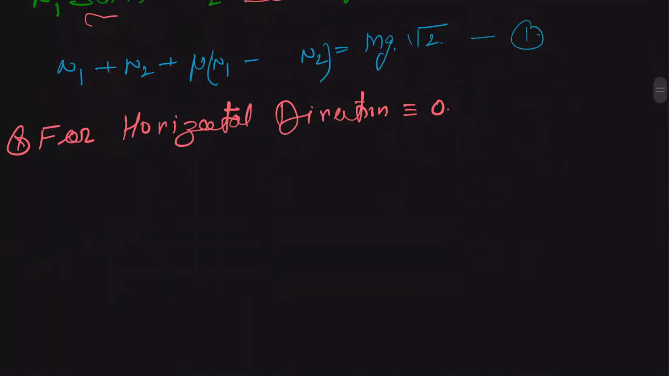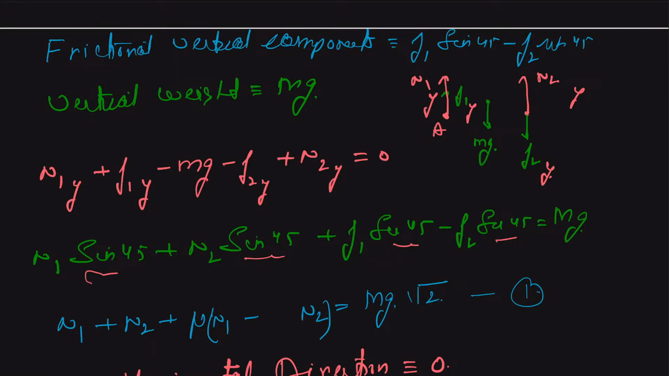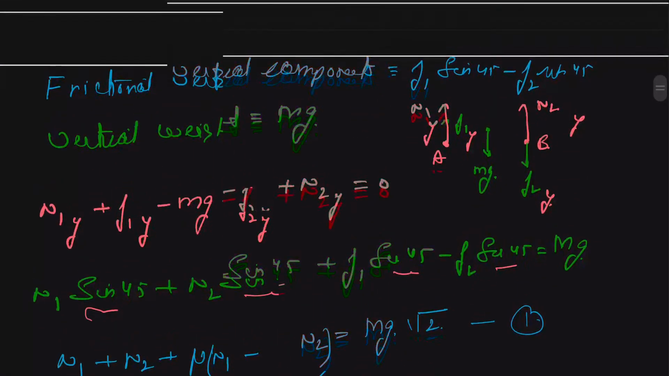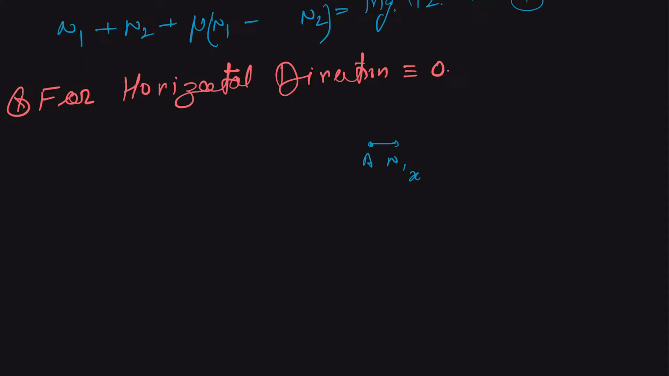So let me draw it here. So this is point A, sorry, yeah, so this is point A, and this was point B, and similarly we can say that at our point A, we are going to have an F1x, and its frictional part is towards the right side, so this is our N1x, and the frictional part will be our F1x, and towards our point B we are going to have our F2x,